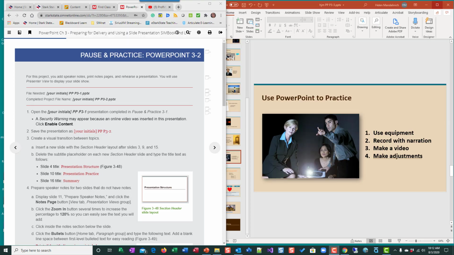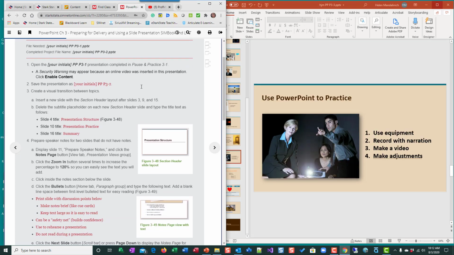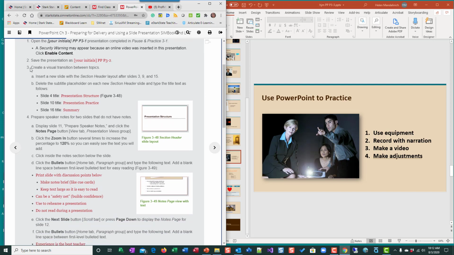Hi, this is the help video for PowerPoint Chapter 3, Pause and Practice Number 2. On the left we have the instruction as it appears in the SimNet SimBook, and on the right we have the file as it exists at the end of 3.1. We already have the file name properly, so we can skip down to step number 3, create a visual transition